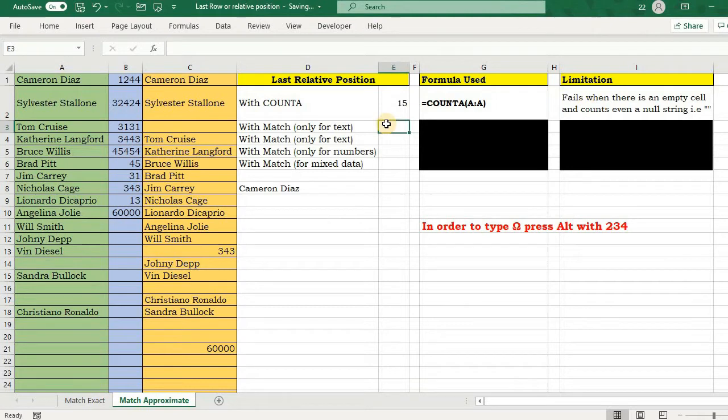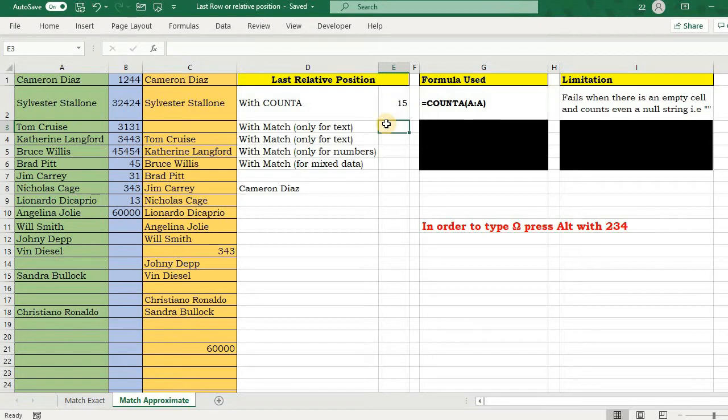Now the method that I'm going to tell you is only for the text data. So before doing that, let's understand what approximate match means. Say I'm looking for a value of 25 in a data set, and that 25 is not present in the given data set. In that case, if we force exact match, then it will give us a not available error.